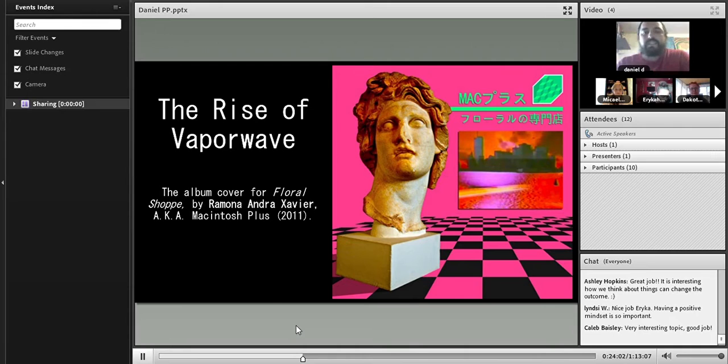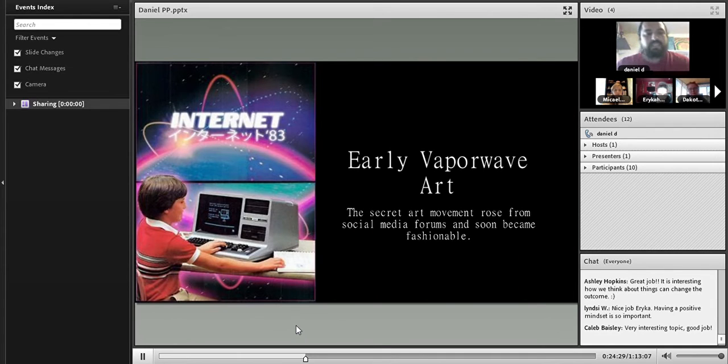The checkerboards are supposed to symbolize secrets or secret societies. And then they always put the World Trade Centers, from before the attacks, in their art. It's supposed to represent the nostalgia of before the tech bubble burst back then.